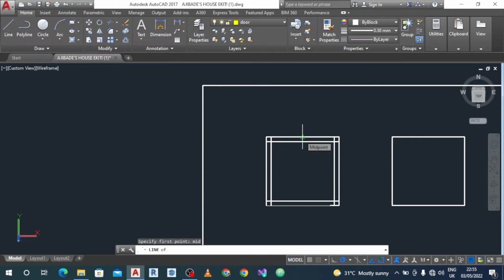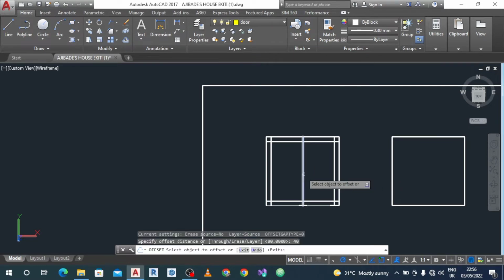Automatically it just gives you your midpoint, and you click on the line, then drag it all the way down, then drop it. So after doing that, then we'll click on offset. After clicking on offset, then you input 40, that is half of 80. So offset from here to here, and offset from here to here. So once we're done, we take off the middle line,